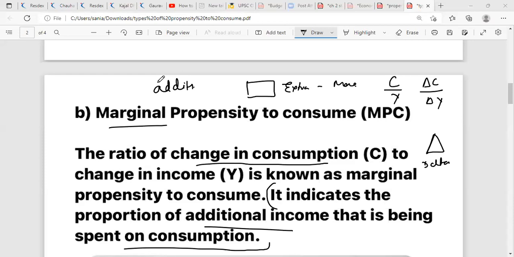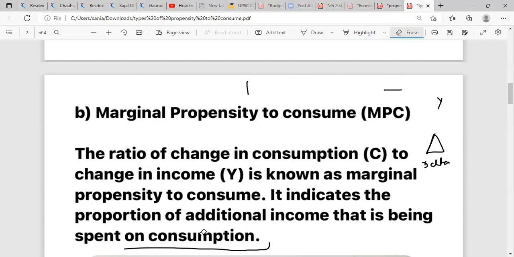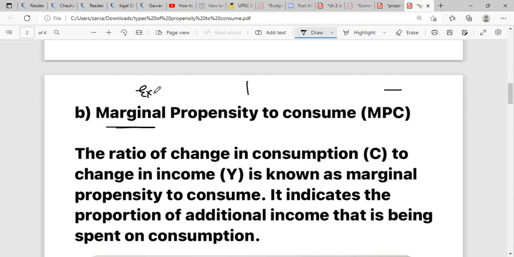Okay. Now we are going to do the second one, which is your MPC. Clear? So before doing MPC, I'd like to introduce two terms to you. Remember one thing, whenever you get the word marginal, this marginal means extra, or addition. For example, your income, Mahdi, is 10 rupees, and I gave you 5 rupees extra, and now your income is 15. So what is your total income, Mahdi?